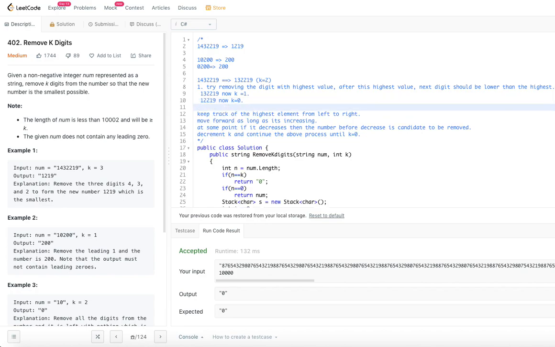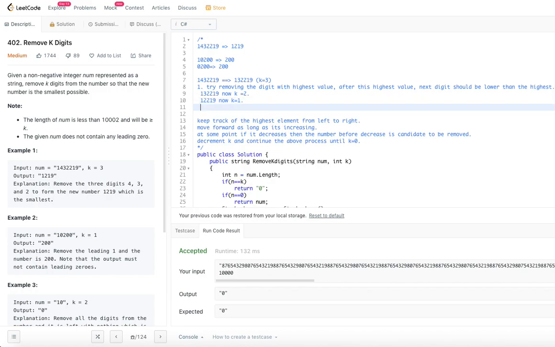But for the given problem, k is equal to 3. We removed one, k is equal to 2, we removed another, and k is equal to 1. So we have to remove one more here. We apply the same logic again. 1, there is no previous number. 2, it increased. 2, it did not increase, but it is still the same.